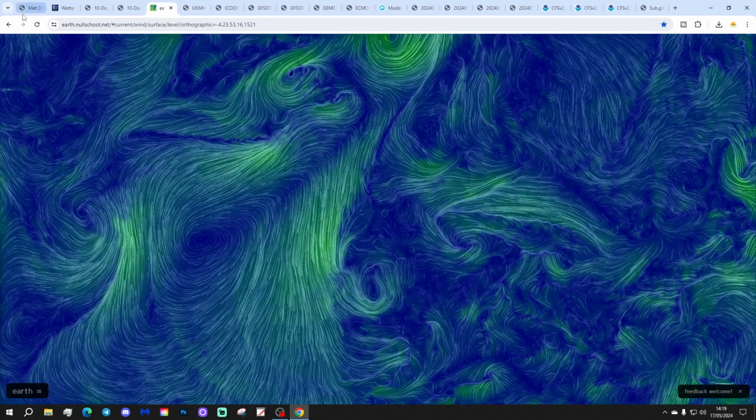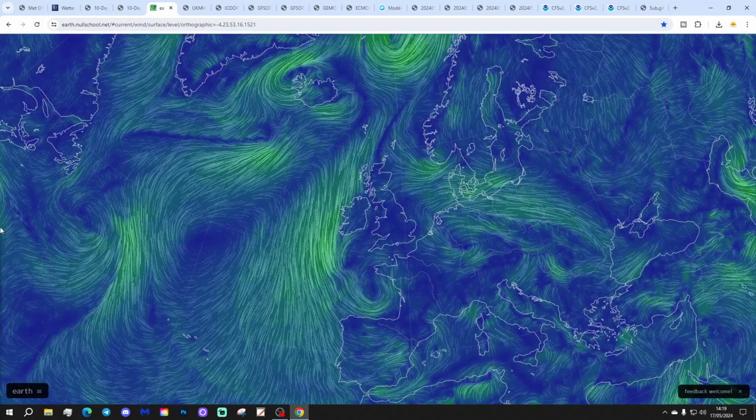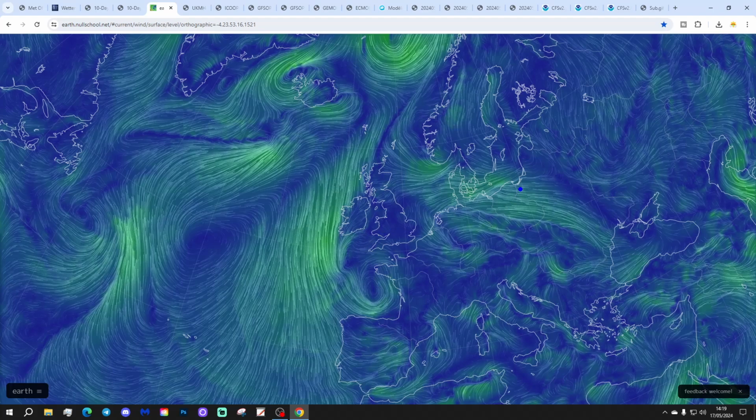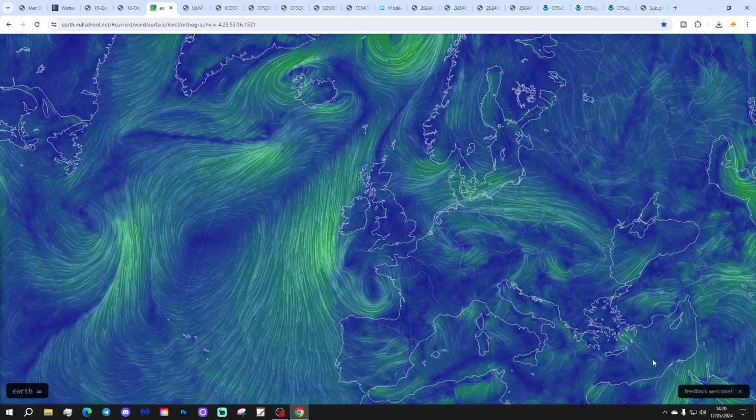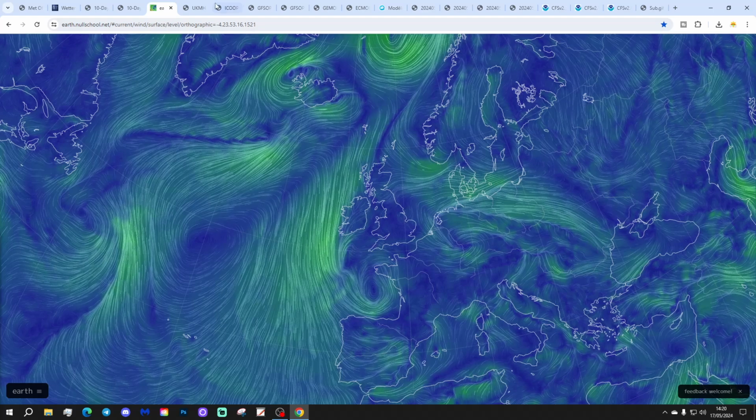The latest wind flow map from earth.nullschool.net, a refresher, showed that again we're bringing in the wind from the east today, as we have been throughout most of this May, actually. It has been a very easterly May, I think. But of course, you expect that, May is the most easterly of months. We've got low pressure down towards the Bay of Biscay as well today.